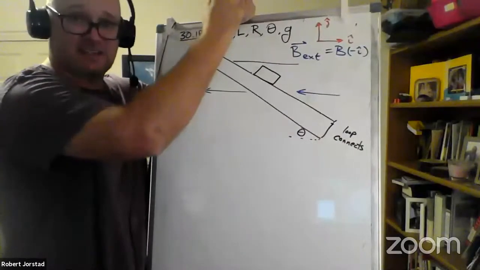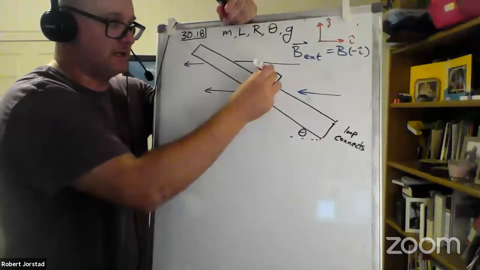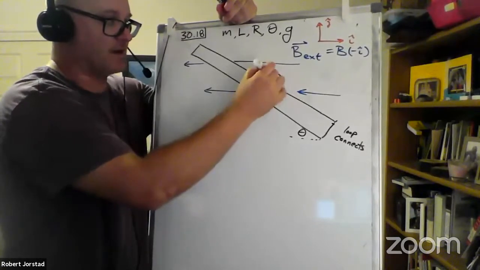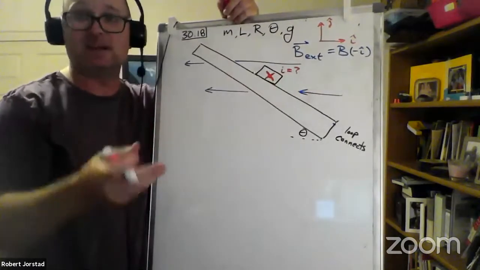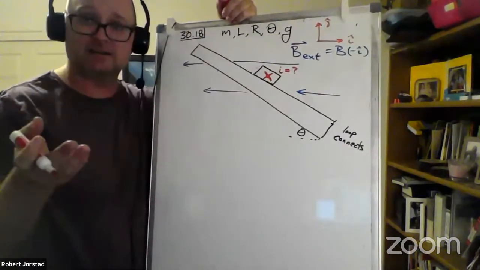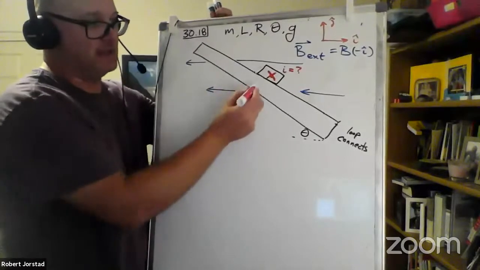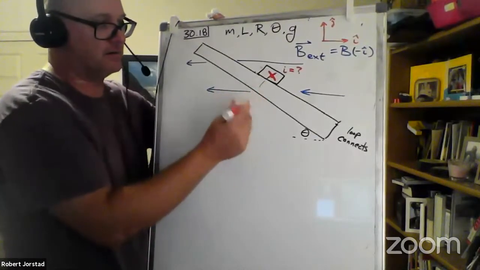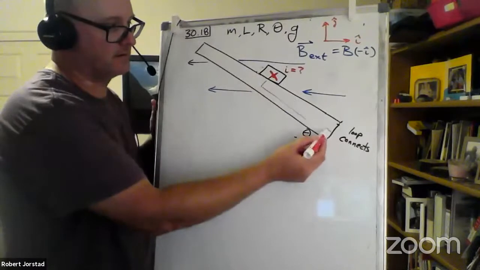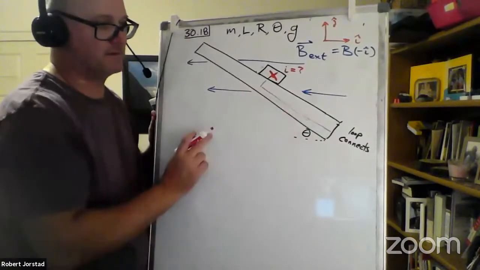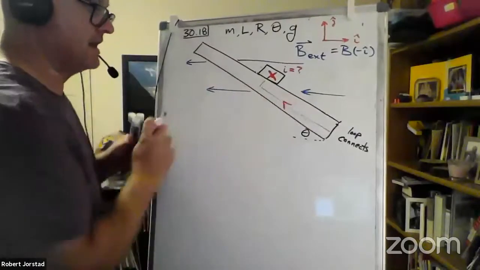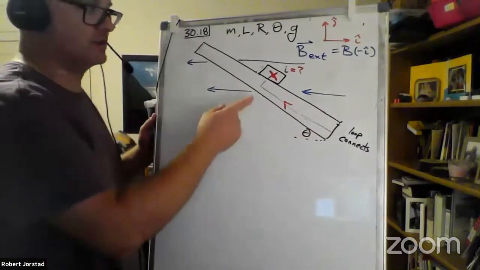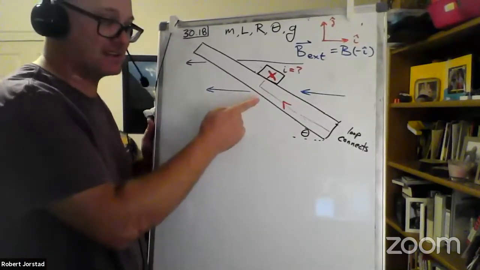So let's just test this. There's a proposal into the page, which would actually be an X, right? So if that's I, and let's just put a question mark, this is what I would do. I would guess and check, because there's only two to guess. If it's into the page, which way would current be flowing here? On this stretch, would it be flowing up or down? Up. Okay, so now if that was the case, which way would be the magnetic moment associated with this